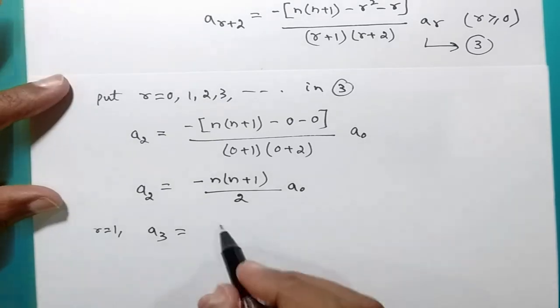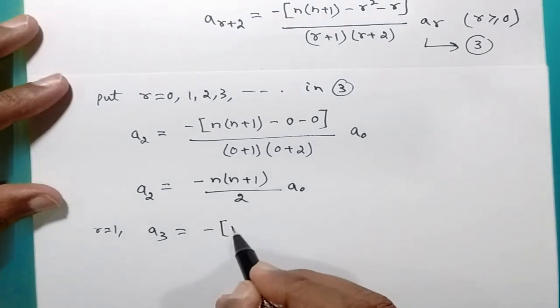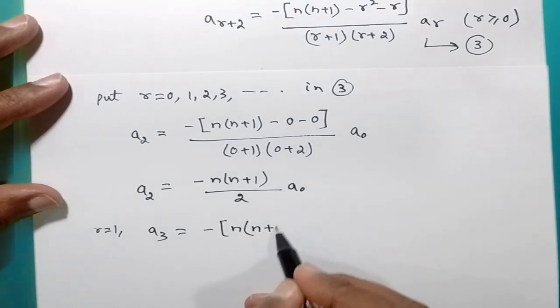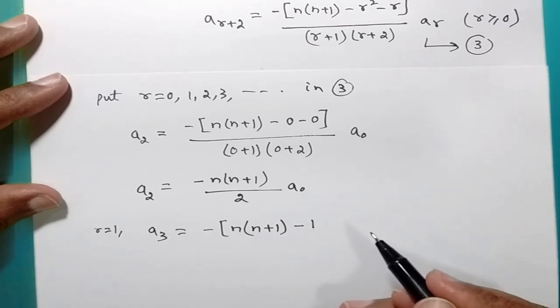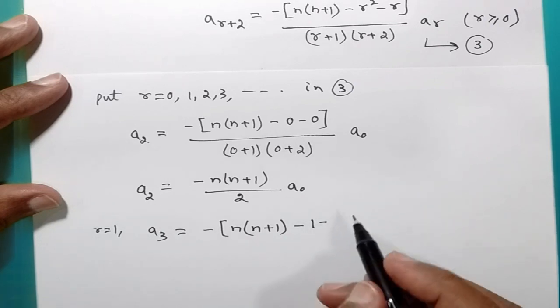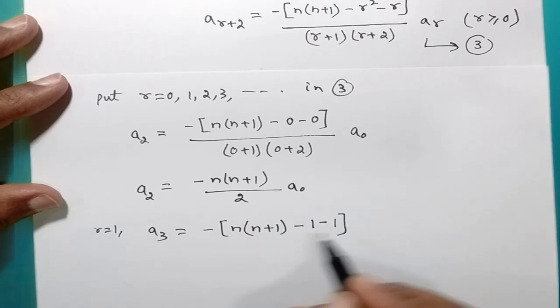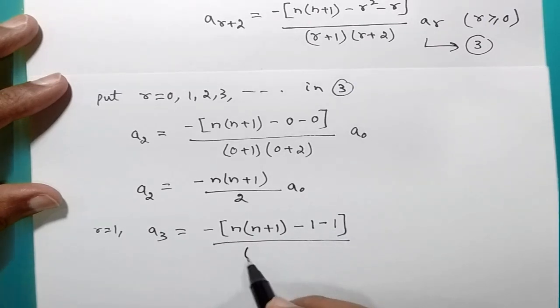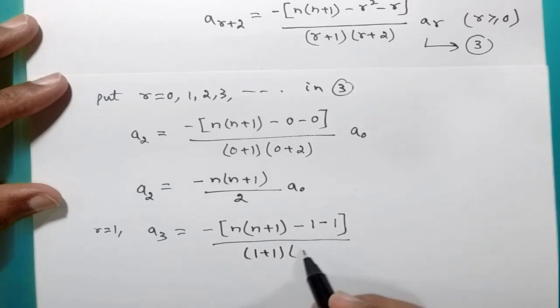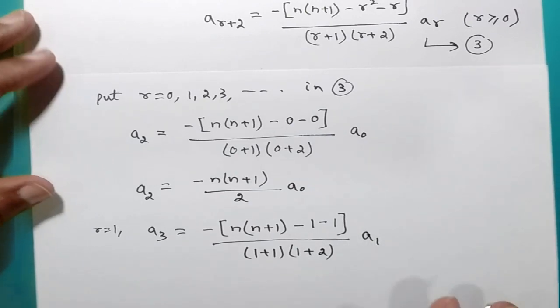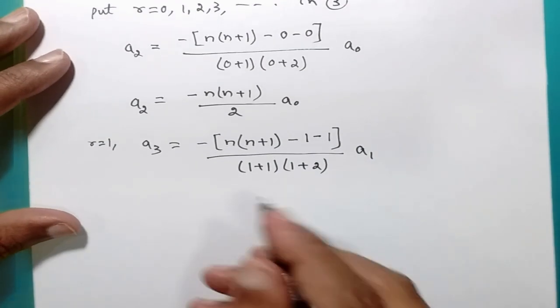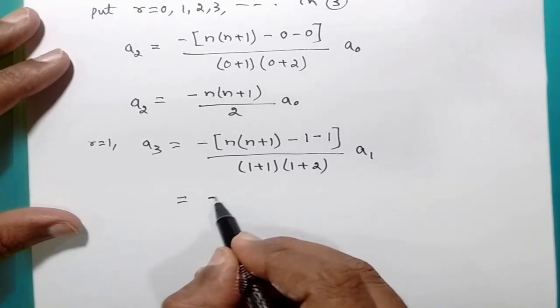a3 will be equal to minus of n into (n plus 1 minus r square), r is 1, so 1 square will be 1, minus r, again 1, whole divided by the denominator: r is 1, so 1 plus 1, again r is 1, 1 plus 2, into a, r is 1, so we'll be getting a1. Further, if you try to simplify, it is minus of